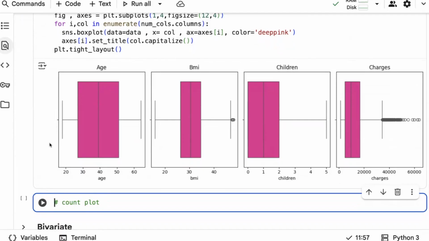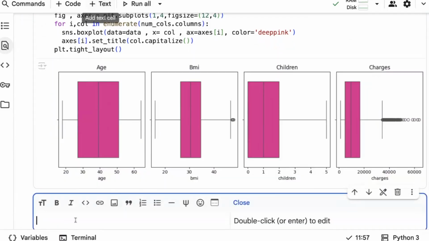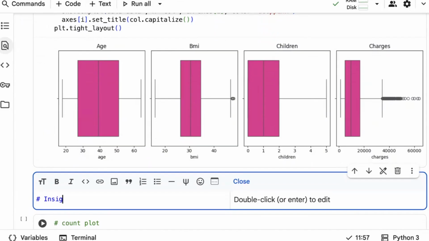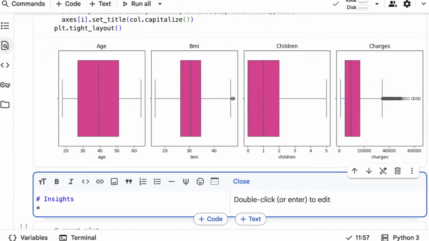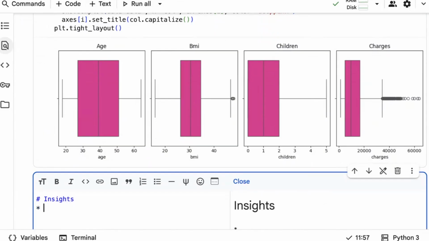When it comes to the age column, you could see the minimum age is starting at around 20, and the maximum age is up to 60, right? That's what you understand from this. So in the age column, we can understand that there are no outliers. In each column, no outliers, and the minimum age is 20 and the maximum age is around 60.